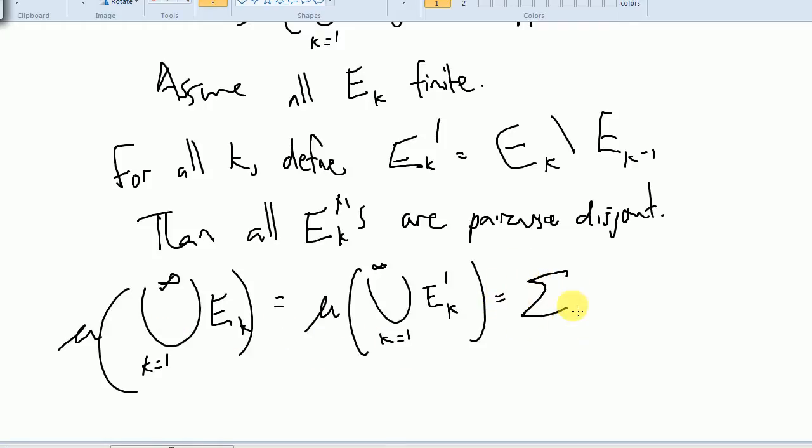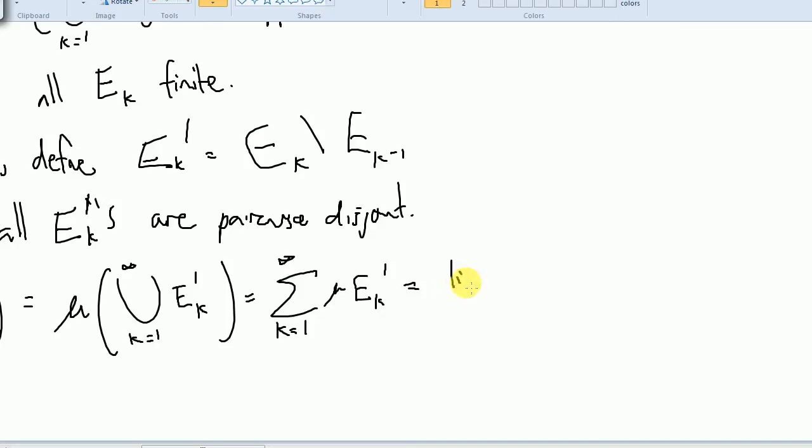But this right here is the sum from k equals 1 to infinity of the measure of e sub k prime, but this here is equal to